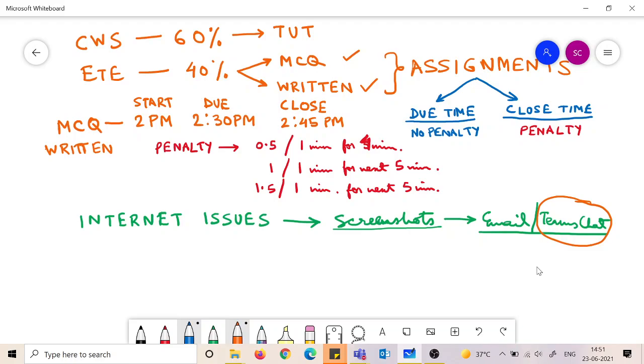And what the marks of the MCQ are, what the marks of the written are, you don't need to bother. Please concentrate on your preparation. If you have prepared well, you will get marks in MCQ as well as written. MCQ will not have any negative marking. But one thing you might face while doing the MCQ: there will be more questions than you could answer in the given duration of time.